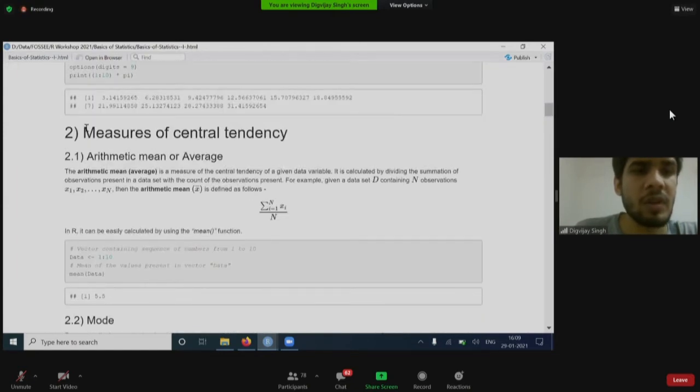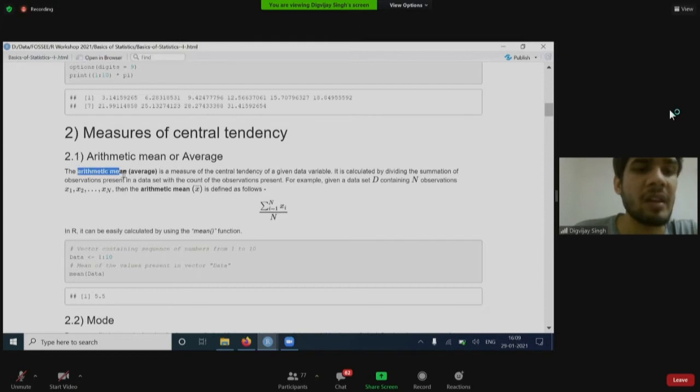Now going to the next section, which is measures of central tendency. Typically it is observed in many datasets that data is centered around a particular point. That is why we measure central tendency, because data is basically centered around a particular point, for which we have various calculation methods.